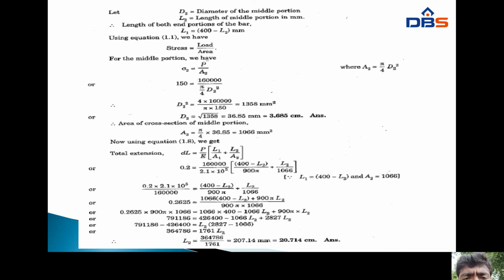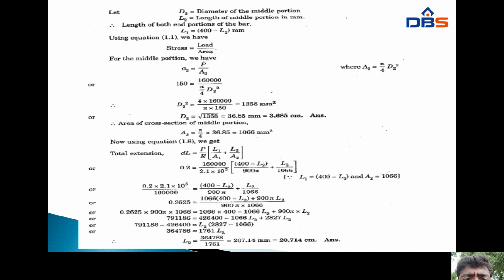Stress equal to load by area. For the middle portion, sigma 2 equal to P by A2. Sigma 2 equal to 150 equal to 160,000 divided by pi by 4 into D2 square. From this equation, the D2 value is 3.685 centimeters. The area of cross section of the middle portion A2 equal to pi by 4 into 36.85 square, that equal